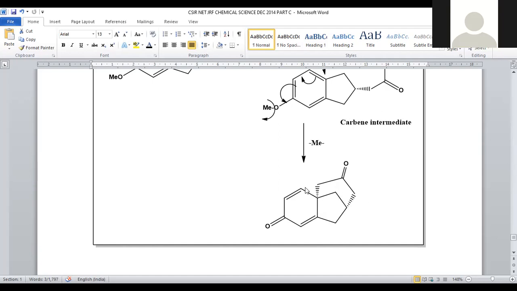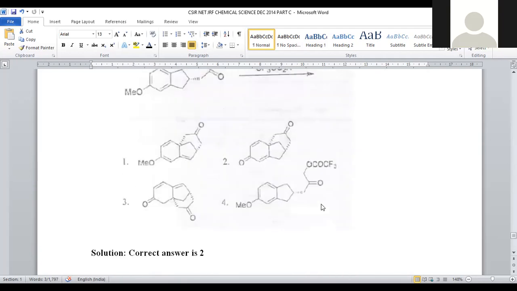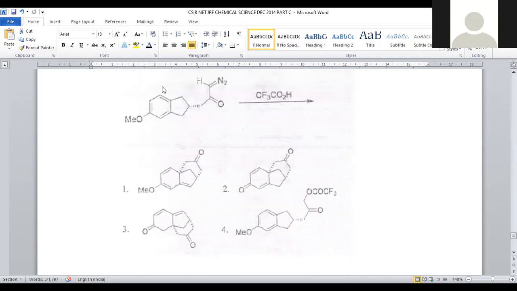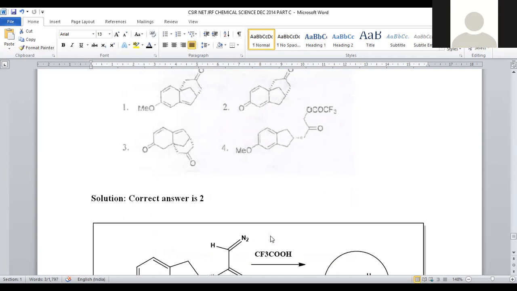So here, both the carbons attached to this cyclic system are in the back end only, right? So that exact stereochemistry is available in option number 2. In option number 2, we have a kind of quinone-like system. Initially it was a benzenoid system. Now after the reaction, it turned into a quinoid type of system through the carbene intermediate formation, and we got the final product here. For question number 99, option number 2 will be the correct answer.